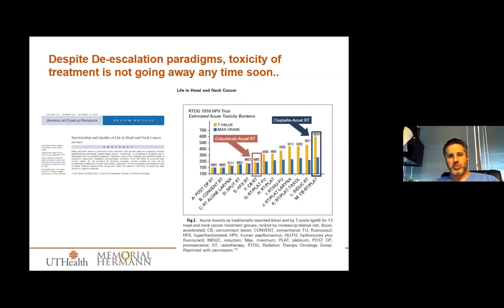Those are just really the tip of the iceberg. And so there continues to be an attempt to decrease the treatment. Can we, for instance, do surgery in lieu of high dose radiation and then do a lower dose radiation? Can we limit radiation to just one area? Can we try new modalities of radiation or new chemos or immunotherapies? And while those trials keep on going, and there will be more and more important findings, we're still in the era of high toxicity treatment. In the vast majority of places, treatment is still toxic and still has very grave side effects that we have